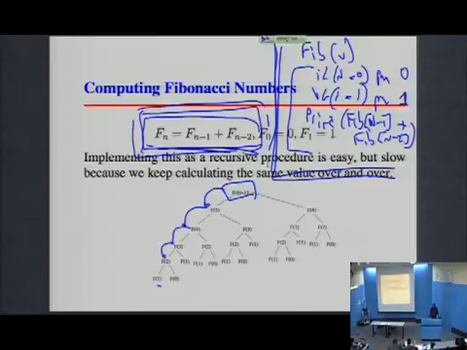Fib of 2, ka-chunk, ka-chunk, ka-chunk. Fib of 2 equals 1, right? Fib of 3 is going to be 1 plus 0. 1. Fib of this 2 is going to be 2. In order to finish computing fib 4 when it backs up, it starts to compute fib 2